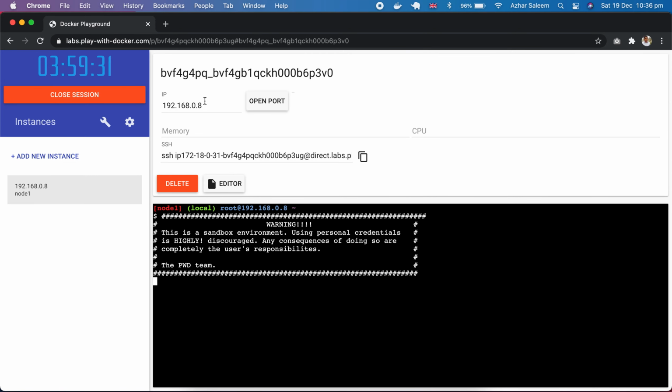Here we find our IP, and a bunch of information, our SSH. There's an IP URL we can access from here, and here is our editor. Here is information about memory and CPU, and the port is here. This is 192.168.0.8, and